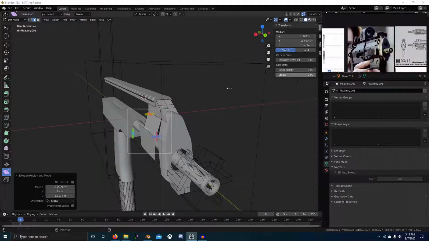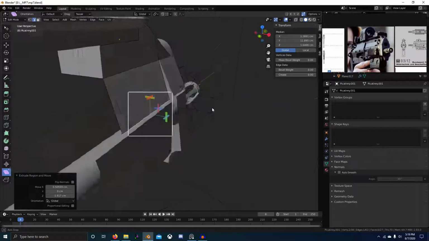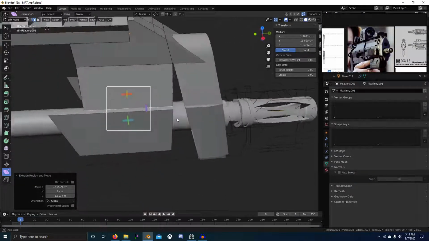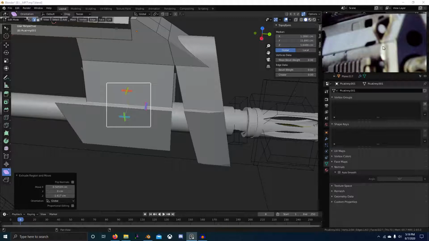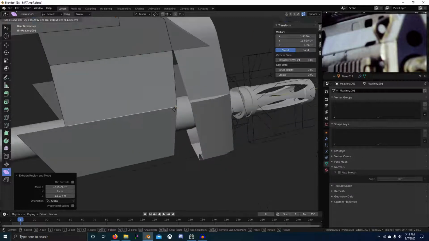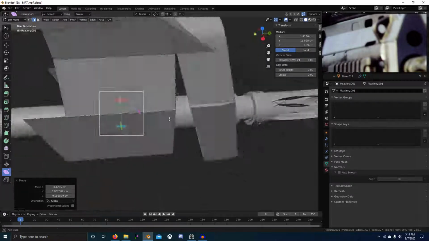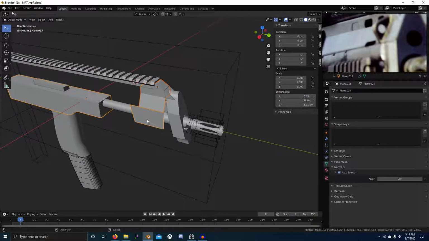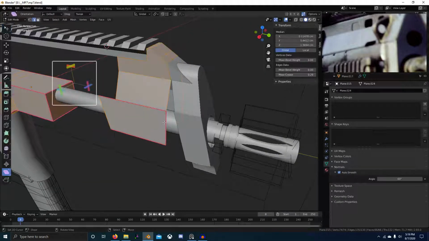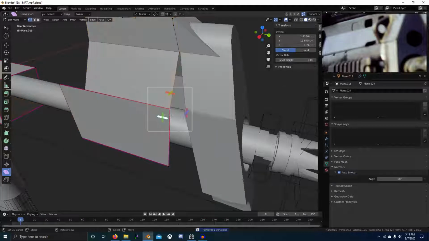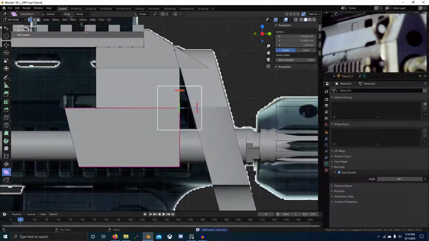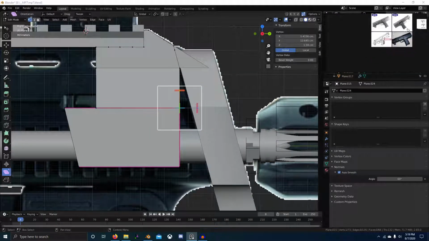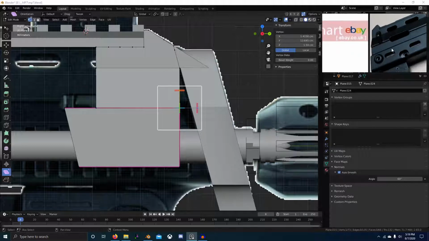And then I think okay, if we collapse that and get a reference on this,